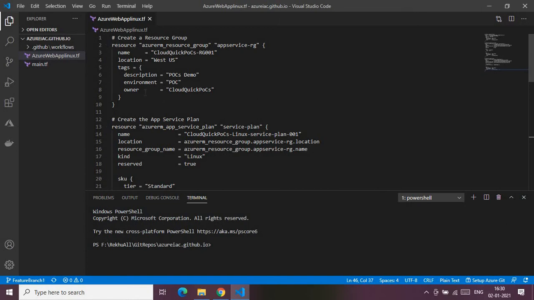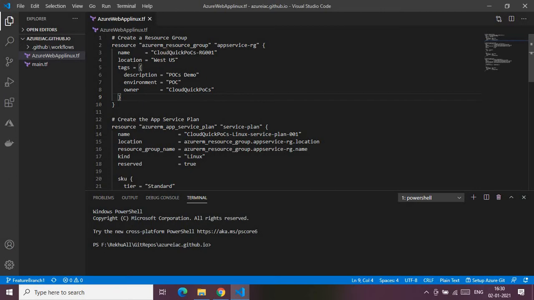As you know, to create any resources in Azure, we need to create a resource group. Hence, I'm starting my code with the creation of a resource group. This is the code responsible for doing that. For this demo, I have hard coded all the required parameters, whereas I would recommend you make it very dynamic, or you can go via variables and the Terraform variable format. With that, let me quickly walk you through this.